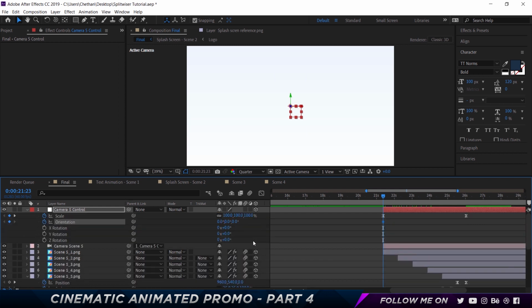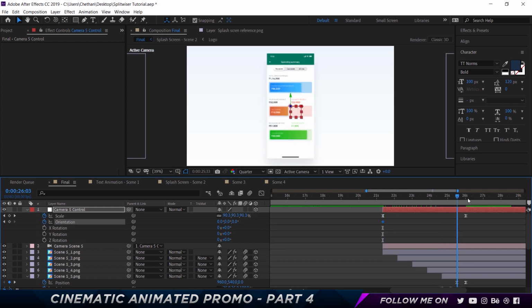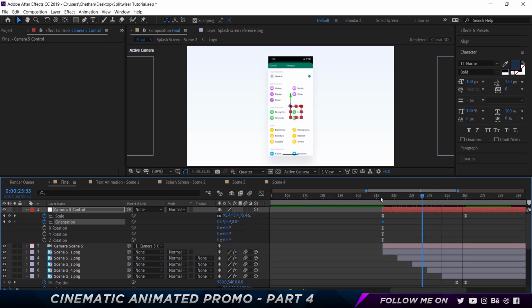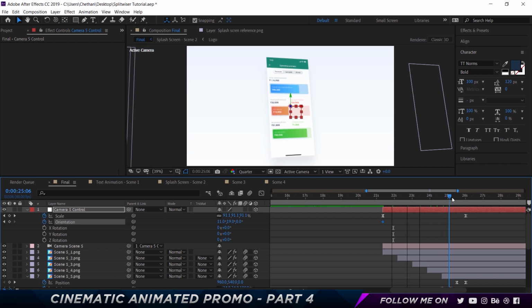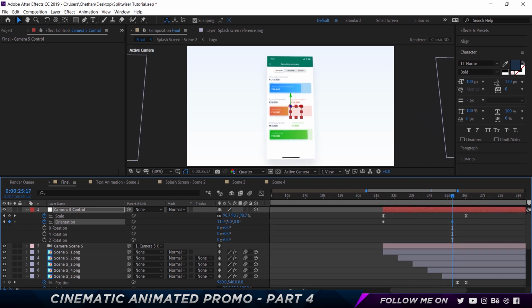and press Shift U so we get the scale again. And I want to come over here, and let's actually come to the middle section so we can define a nice rotation. All right, something that looks like this. Yeah, this is a good angle, and I'm going to delete the first keyframe, come over here and bring this over here, and come towards the end. And what we can do is reverse this, something like that, to give a dynamic feel,